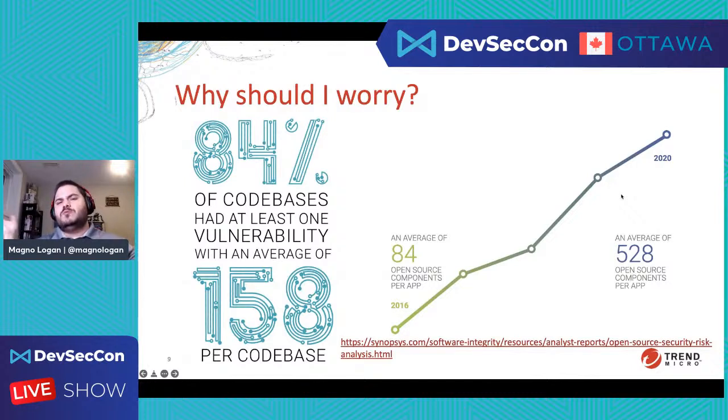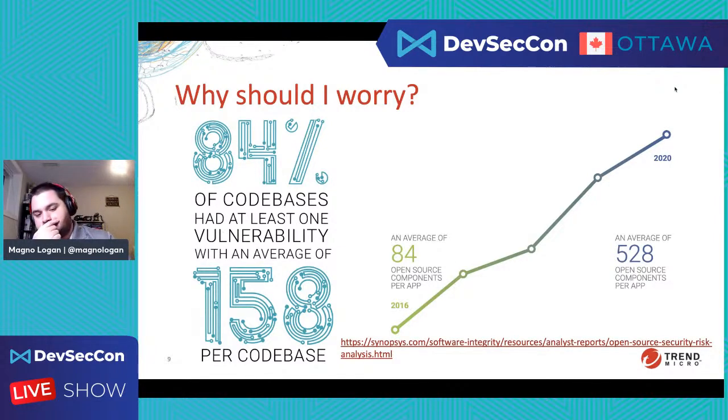So why should I worry? I talk about this, SCA and SBOM, and especially if you're a developer, it's like, okay, that's not my problem. That's a security problem. They should worry about it. And no, that's in your code. It's in your applications. And I know that developers are usually afraid of updating libraries and changing code that might break the application. So we need to understand why that's important.